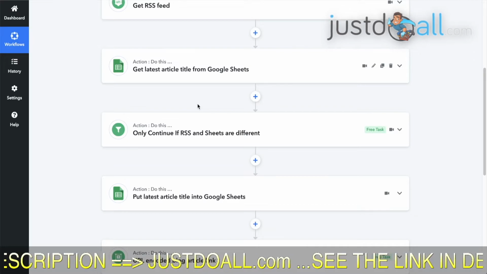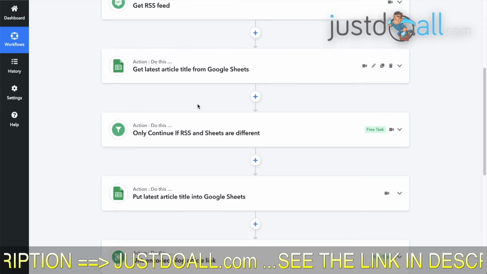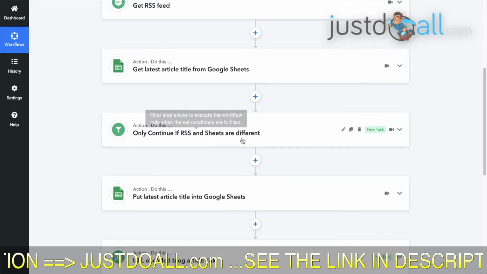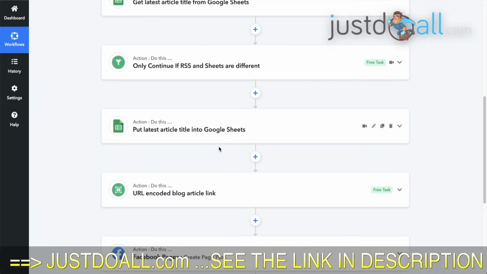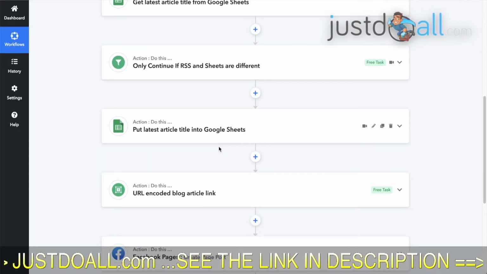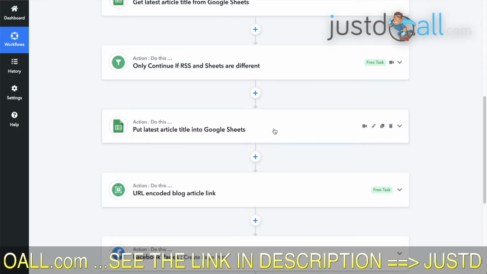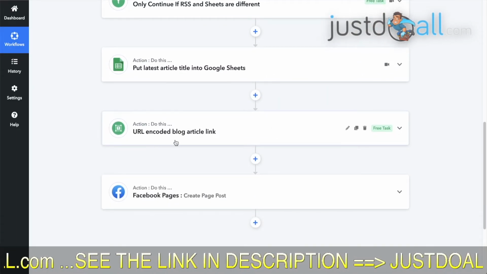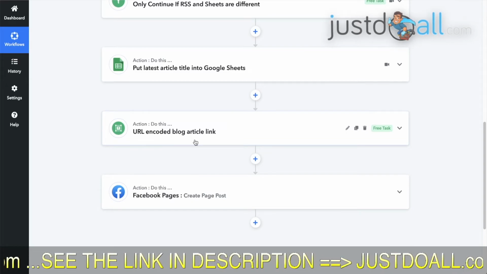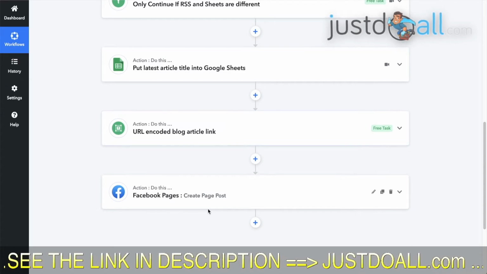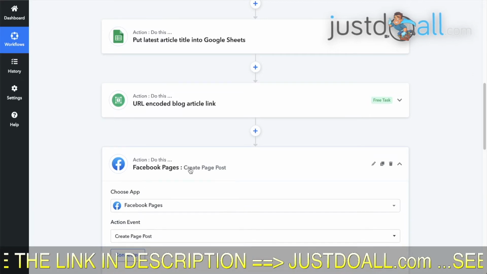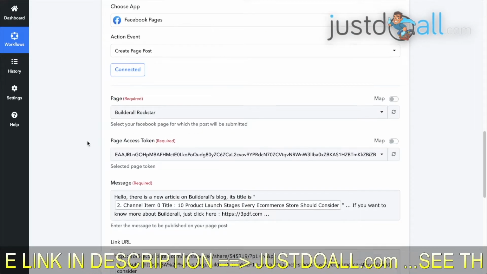If they are identical, it doesn't do anything more. If they are different, then it copies the RSS latest blog article title onto Google Sheet, and then it URL encodes the blog article link, and it posts on Facebook by adding here in a URL.